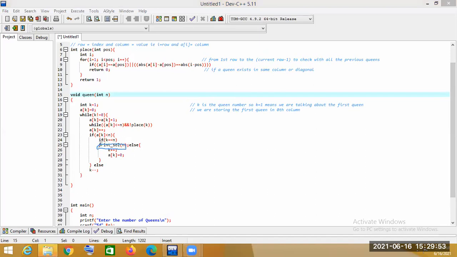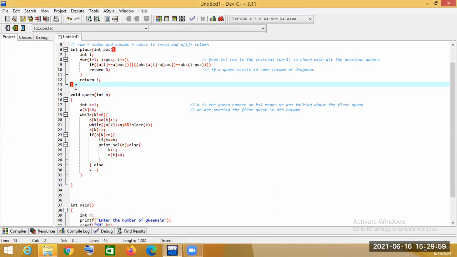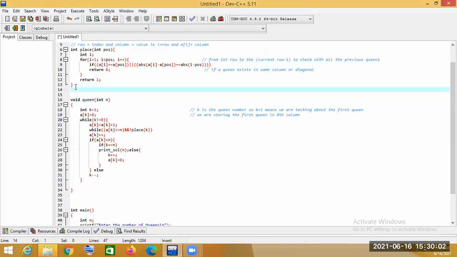We have to declare this function also. It will print our solution here. So void print solution, and it takes an int n value.